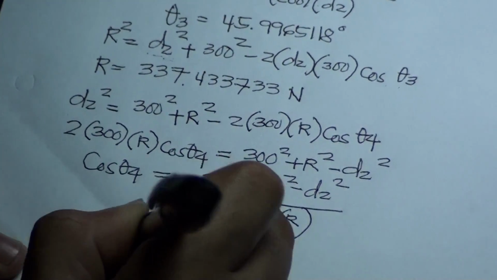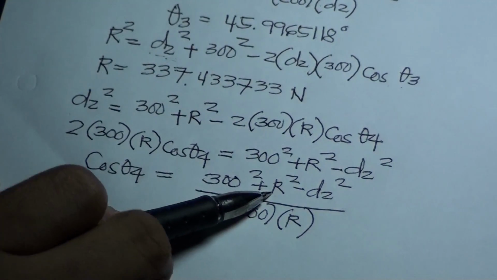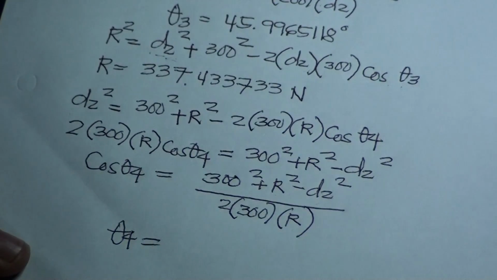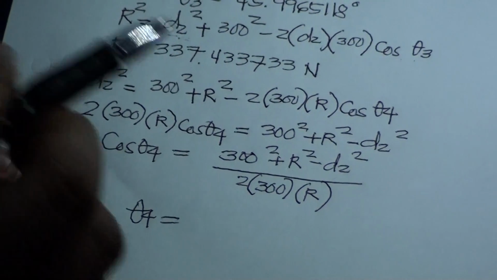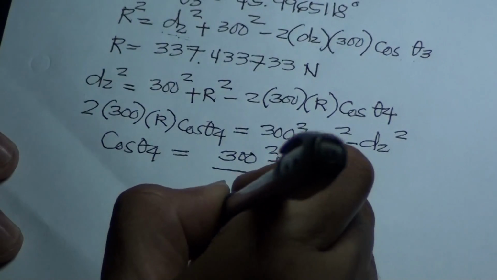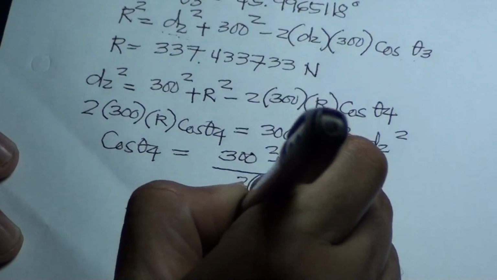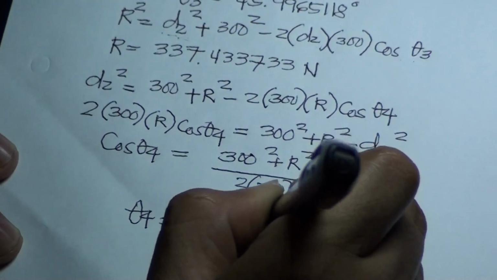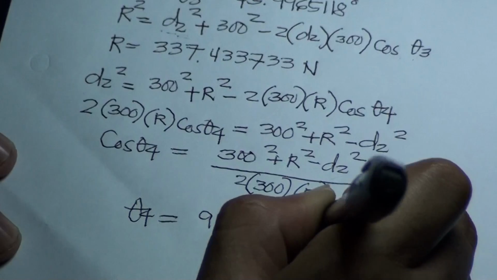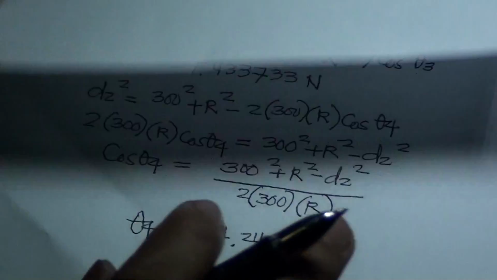So theta sub 4 then. Take note, these are known, r is known already, and d sub 2 squared. So what is your theta sub 4? Your theta sub 4 ended up with a value of 94.2488584 degrees. Now notice your theta sub 4 is